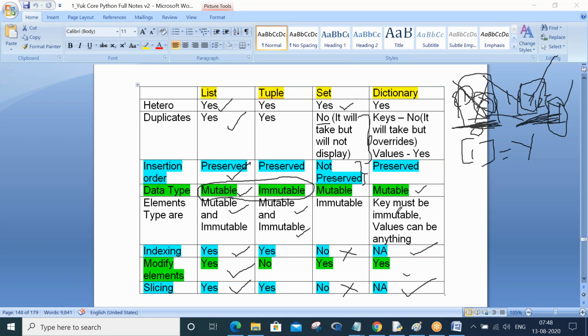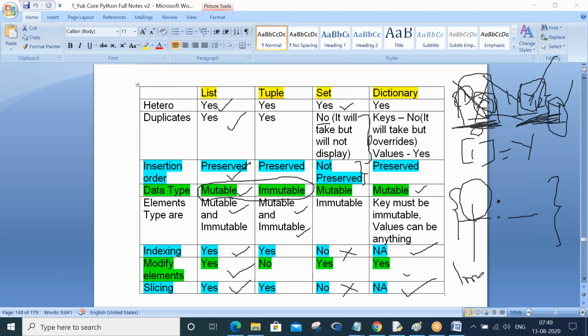Now last point, element types. In the dictionary, what do you write? Left side you write key, right side you write value. So this is what your dictionary is. Now you see element type. Key must be immutable. In the sense, left side whatever you write must be immutable.